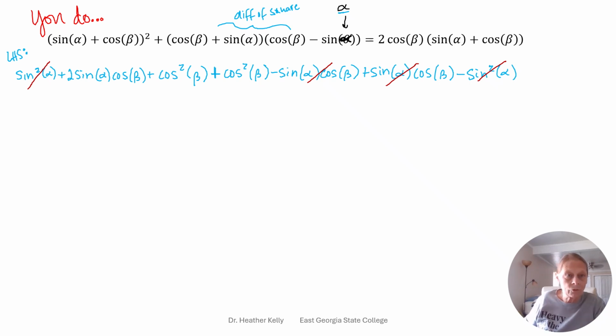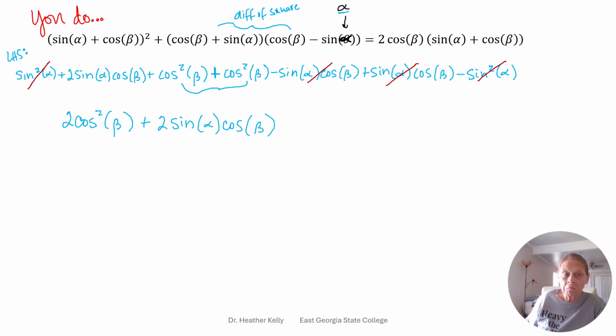Looks like we're left with these two guys, so that's 2 cosine squared beta, and we're left with plus a 2 sine alpha cosine beta,